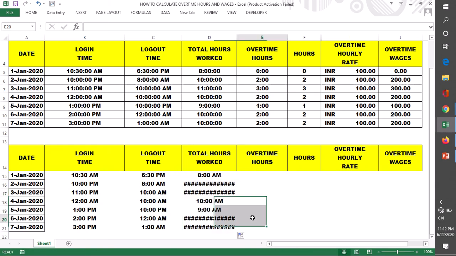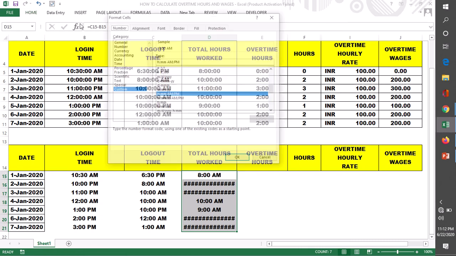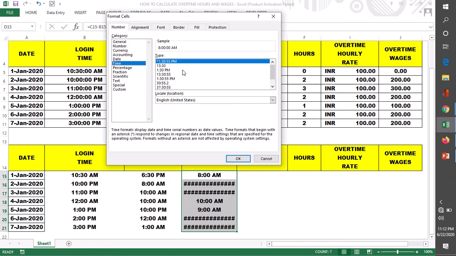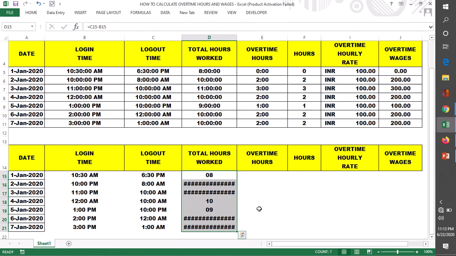Double click it, and we are getting an error again. If I go to Home and simply convert it into time, and let's choose the hours format, Custom, and I'm typing here double H. Double H stands for hours, so I get the hours.